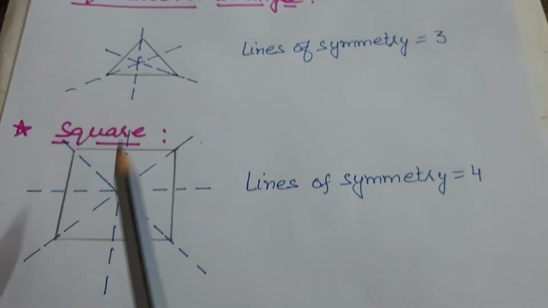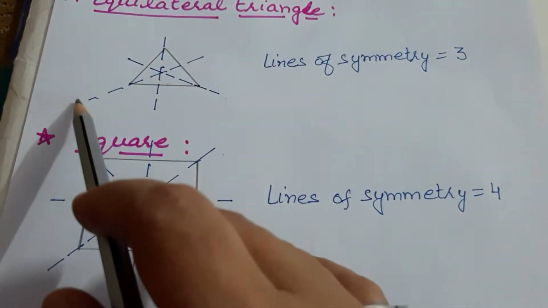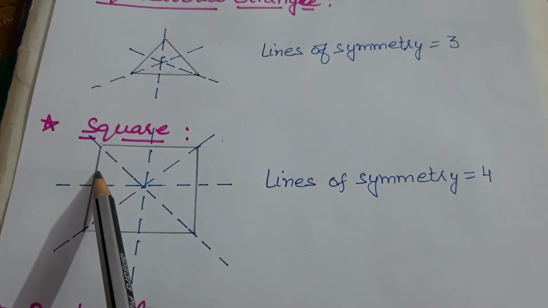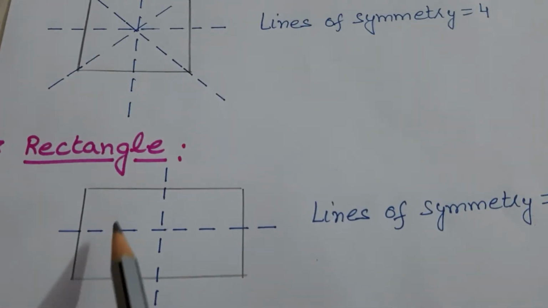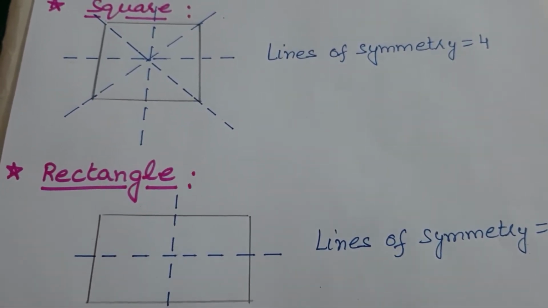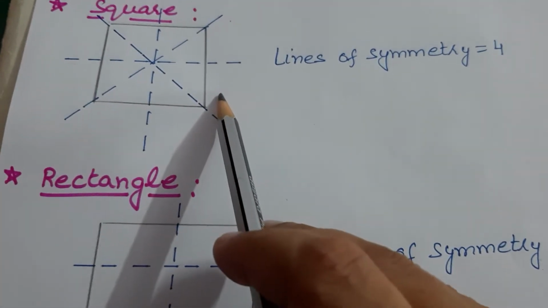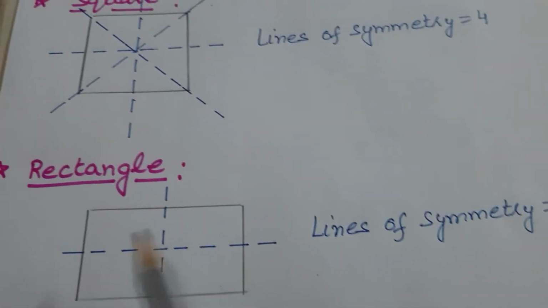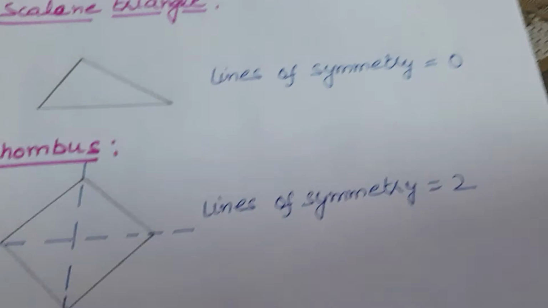So if you observe in these three pictures, the line of symmetry is passing between two equal lines. Okay, see, these two equal sides are passing through this. Now these two sides are not equal, so we cannot draw a line of symmetry here. Okay, so a square has four lines of symmetry, but a rectangle has only two lines of symmetry because these two sides are not the same.